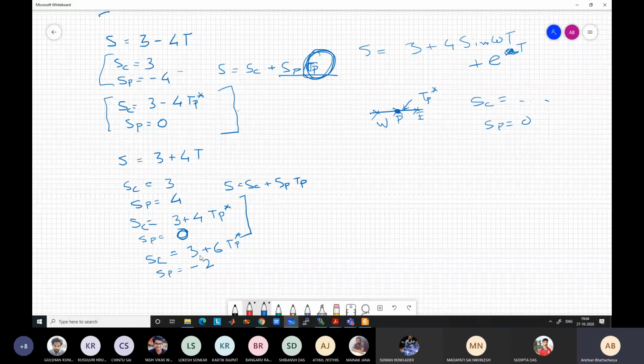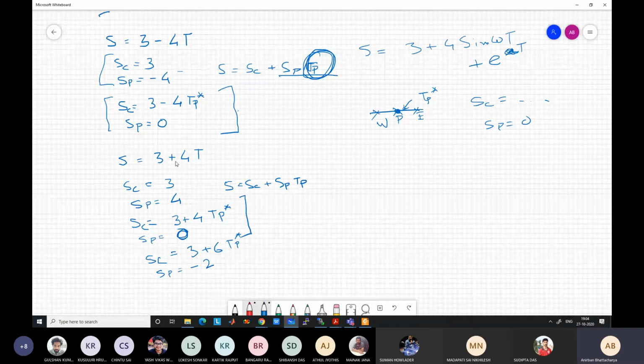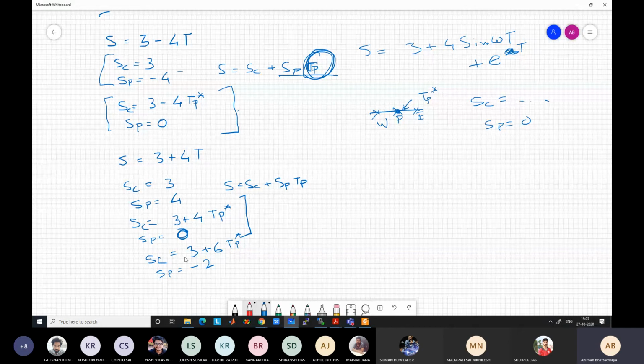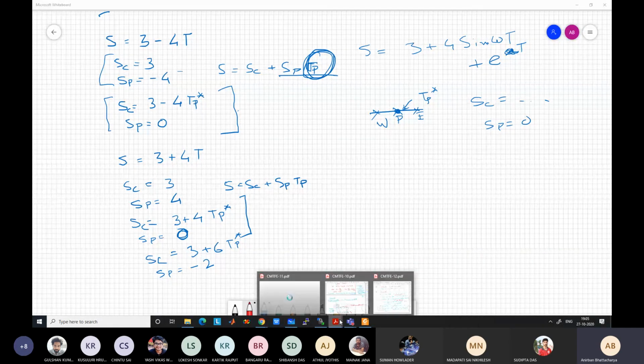This is also correct. This will just change the rate of convergence. This will slow down the rate of convergence, but this is still correct. Why will it slow down the rate of convergence? Because we are taking a slope which is very different from the actual slope. Actual slope is positive. We cannot take the positive slope, so we are taking the nearest one, which is 0. We are taking a negative slope, which will actually slow down the convergence quite a bit, but still you will go towards the correct solution. So that is another approach if you want to control the convergence rate.